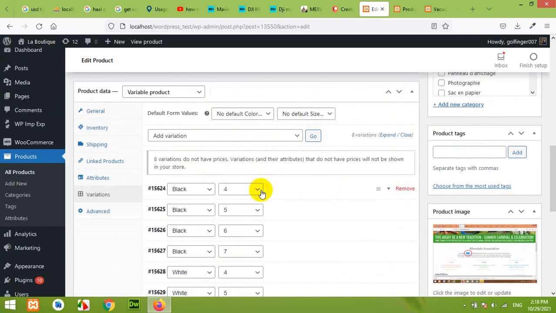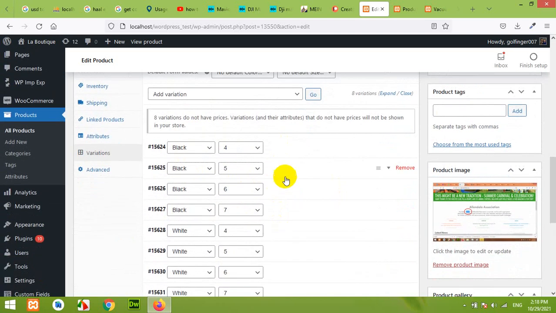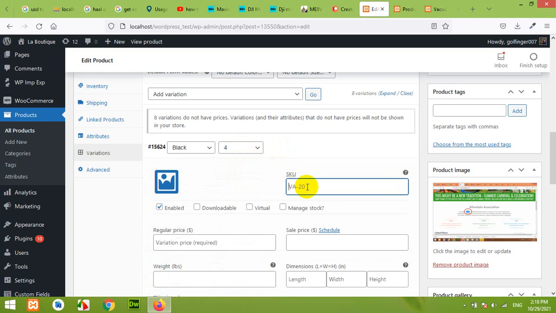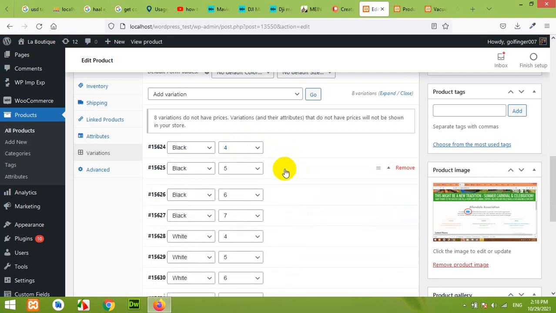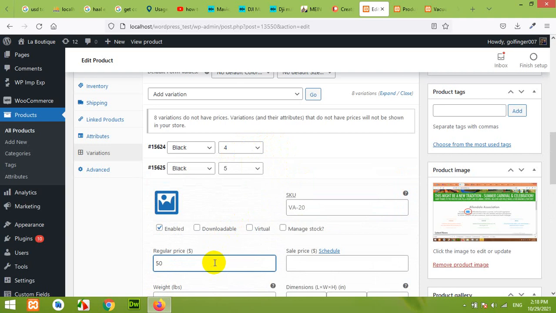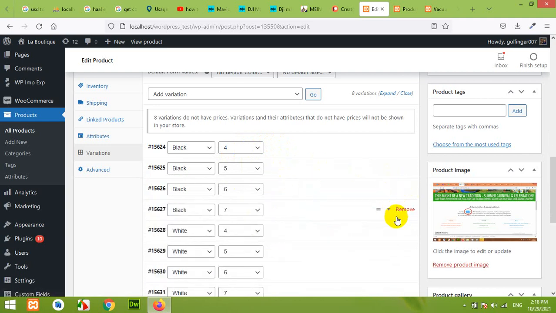So you can change prices for all these. Let's say we are using the size for price. Let's say 4 and 5 have $50. 4 and 5 price is 50. You can also change the image for each variation, but I'm not doing this in this tutorial.